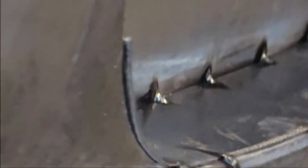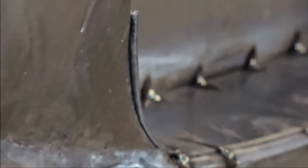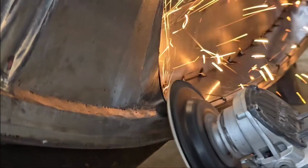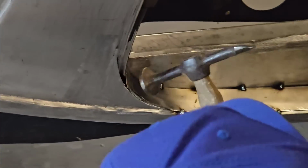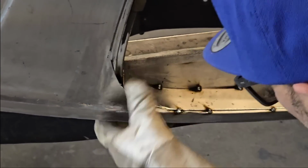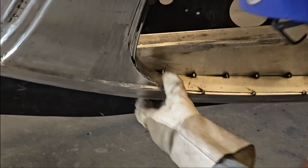We'll shave that back. You can see how that's on top of that. We don't want that on top of that, or I don't think we do. No, we don't want that on top of that. Just going to knock this off. Do I want to push that down in there or something? Get it cut off so we can...